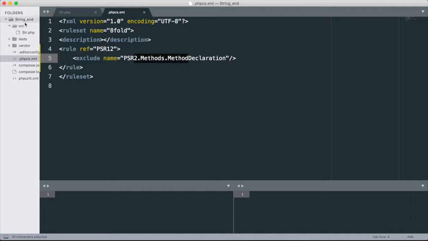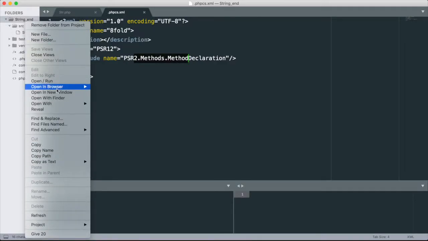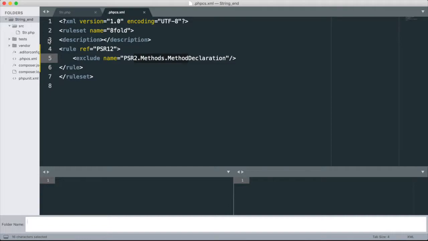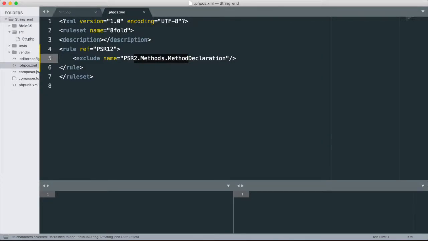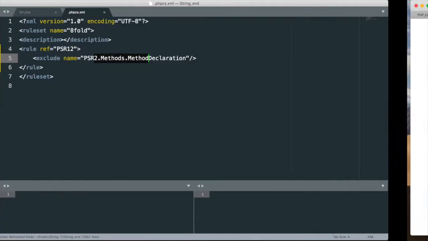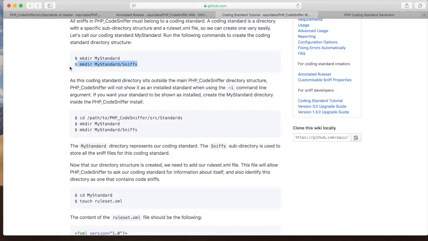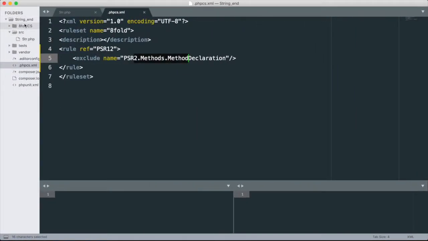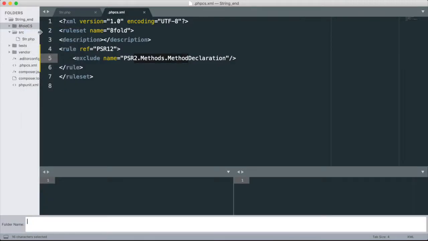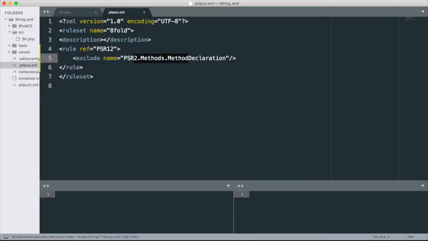So what I'm going to do is I'm going to come over here and I'm going to say new folder. And I'm going to call this eightfold coding standards. Okay, so we're going to create that folder, eightfold coding standards. No big deal. And then inside of that we need to create a sniffs directory. So we're going to say new folder, sniffs,